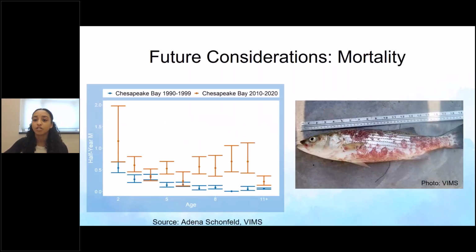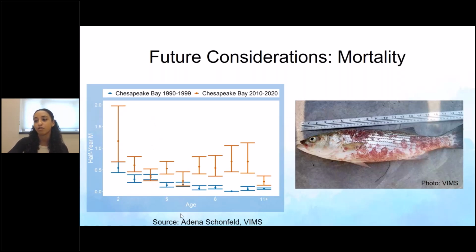Our model also uses a natural mortality that is constant through time, but studies suggest that natural mortality is likely changing over time, particularly for the Chesapeake Bay region. So the mark recapture model that I mentioned that gave us our occupancy probabilities also estimated natural mortality over time. And what that model found is, while natural mortality in the Atlantic coast region was fairly constant during their model time frame, which was 1990 to 2020, mortality in the Bay was changing,